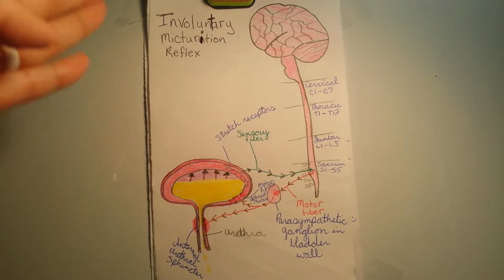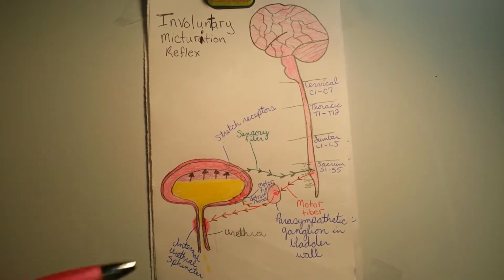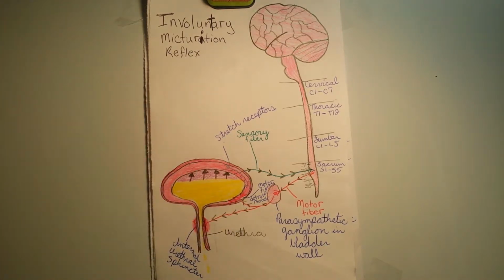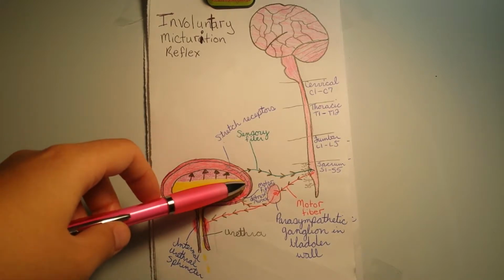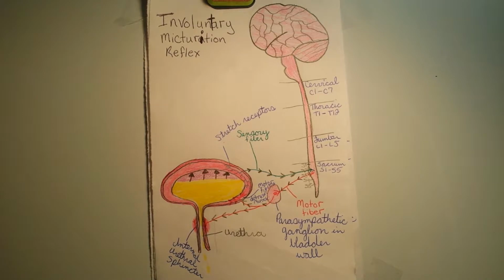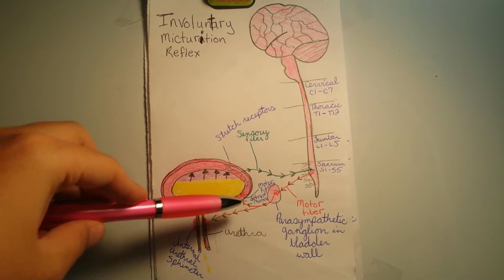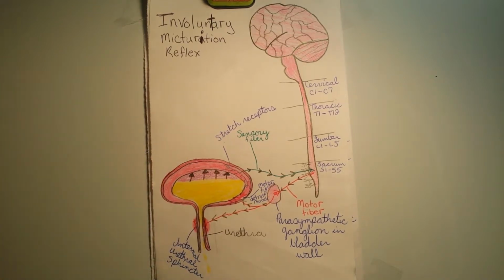The picture that I drew here is the involuntary micturition reflex. The process starts off with the filling of the bladder. So here is our bladder, and the bladder is filling up to about 200 milliliters or more. This will cause the stretch receptors in the bladder wall to excite, and this will cause sensory fibers in the pelvic nerve